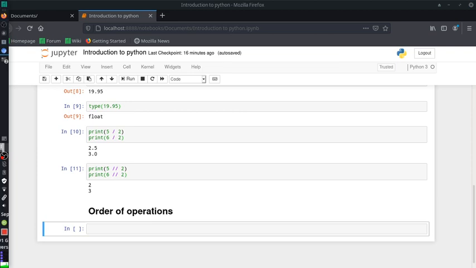So in arithmetic, in primary school or high school for some of us, we learned that it has conventions about the order in which operations are evaluated. Some remember BODMAS, I believe. If you don't remember BODMAS, then you remember PEMDAS, which happens to be parentheses, exponent, multiplication, division, addition, and subtraction. This is the same as BODMAS, which is brackets, of, division, multiplication, addition, and subtraction. Yeah, so Python follows the same rules,